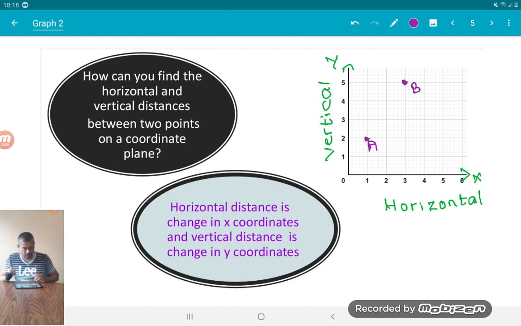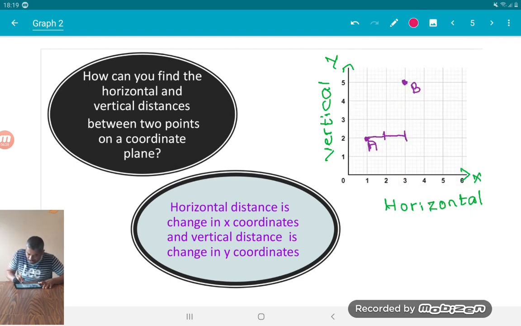Now they are asking, how can you find the horizontal distances? Horizontal distance means in x direction. What is the distance from A to B? How many units is that? That's only 2 units. Am I right? How can we get that one? If we need to get that answer,